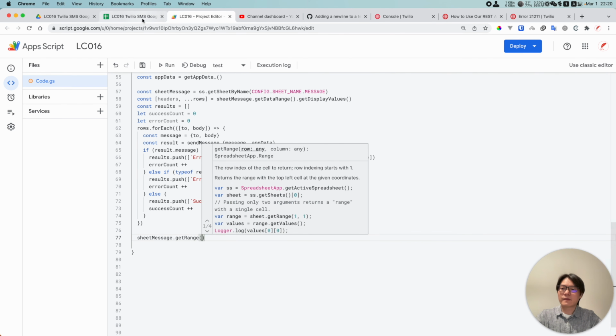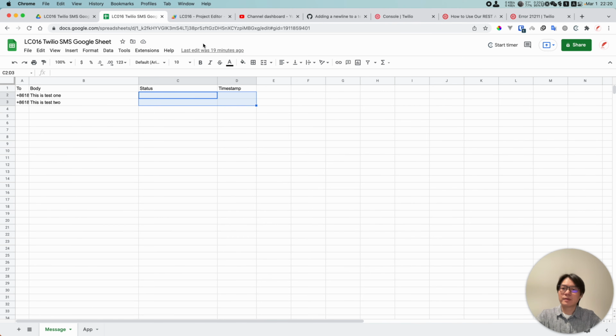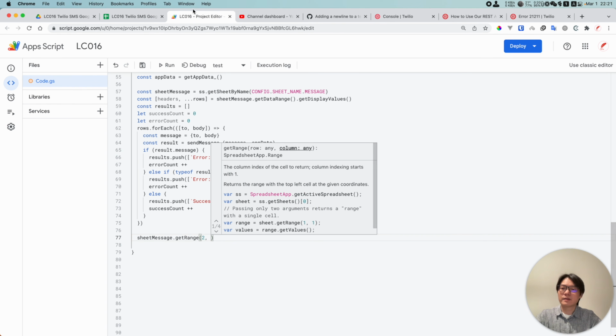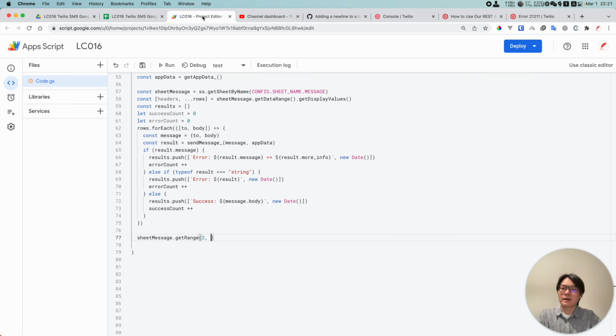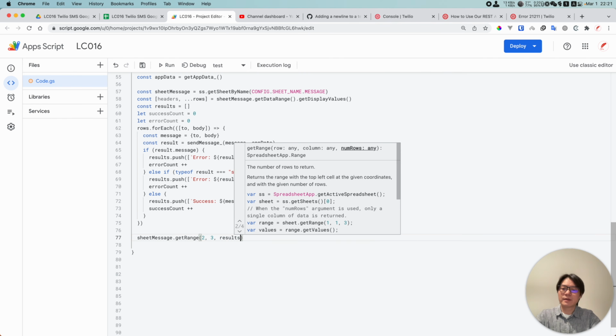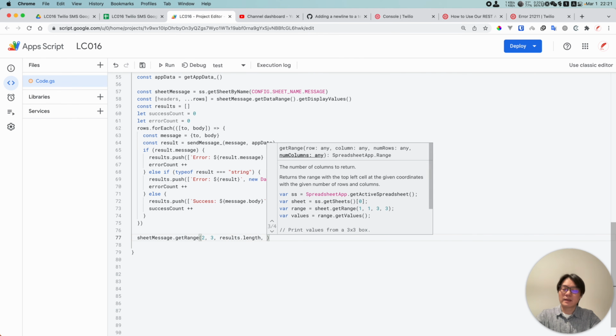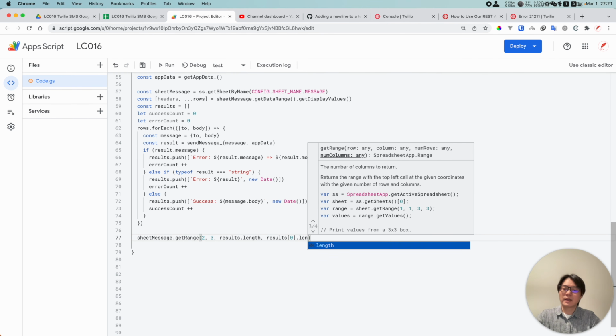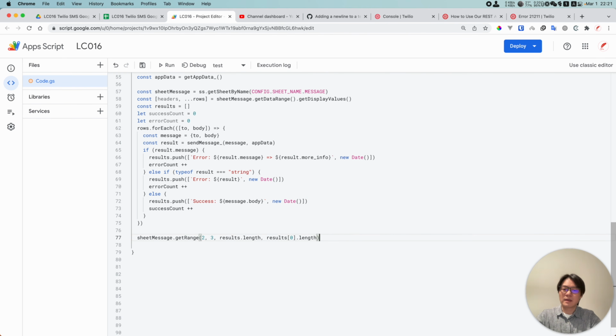So we start from the row 2, okay, and the column is going to be 3, right? And number of rows is going to be result.length, and the number of columns is going to be result[0].length. And we're going to